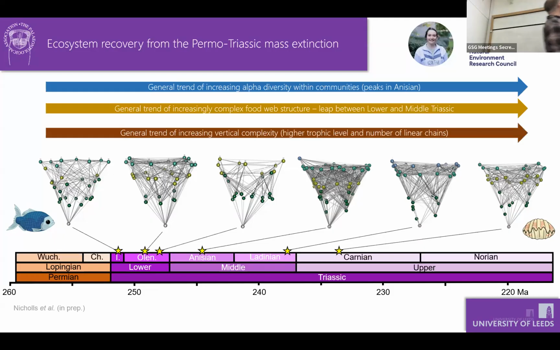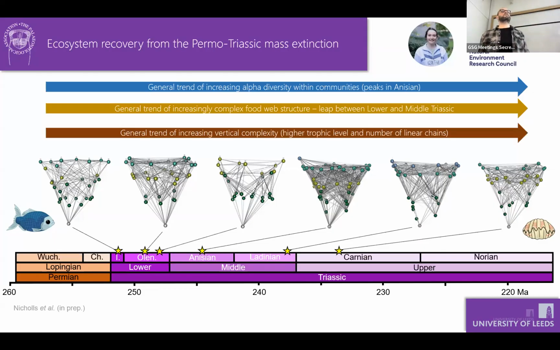However, the recovery doesn't tend to peak or finish in the middle Triassic. If we look at certain metrics and motifs that are indicative of vertical complexity, so that's the height, if you would like, of the food web, it continues to increase in complexity into the upper Triassic. So thinking about higher trophic levels, we get more diversity at our higher trophic levels, like our marine reptiles and things like that. And also the number of linear food chains up through the food web continues to increase